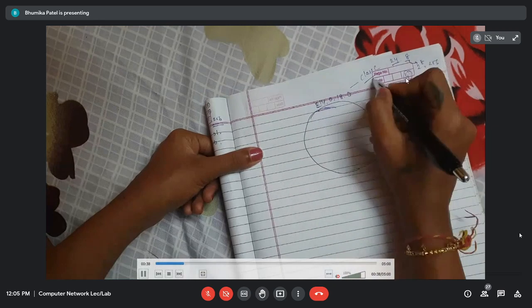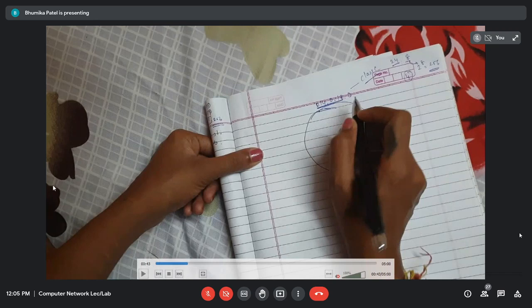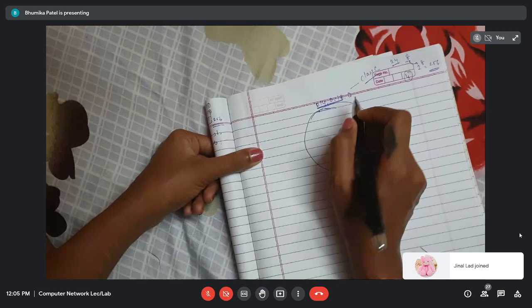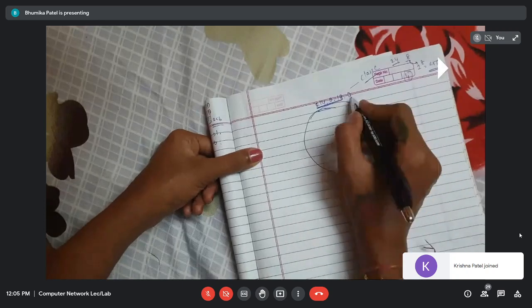I want to divide this entire network into four parts. As I told earlier, I have to select the bits for subnetting from the host ID part. That means from the last 8 bits, we select the subnet bits. As we want four parts, how many bits do we select? 2 bits. All the IP addresses starting with 00 will be in the first subnet, those starting with 01 will be subnet 2, those starting with 10 will be subnet 3, and those starting with 11 will be subnet 4.